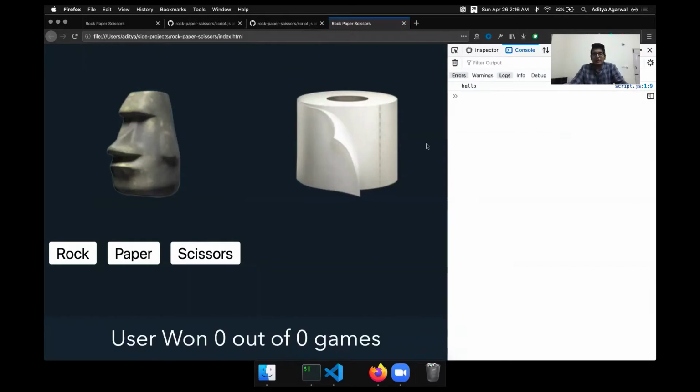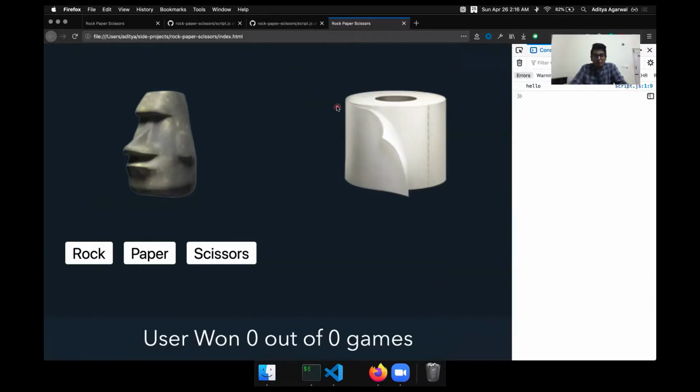In layman's terms, if we think about how we'll be building this game, some things are pretty clear. Somehow we need to know which button was clicked. Based on that, we'll know the user's choice. Somehow we need to randomly get the computer's choice. Then we need to calculate who won. If the user picked rock and the computer picked scissors, then the user wins. There are specific conditions in which the user will win, so we need to figure that out.